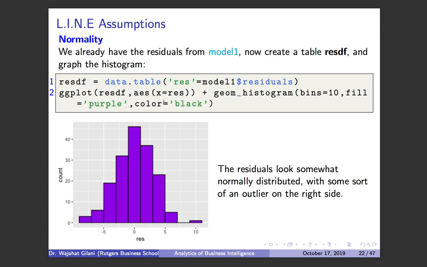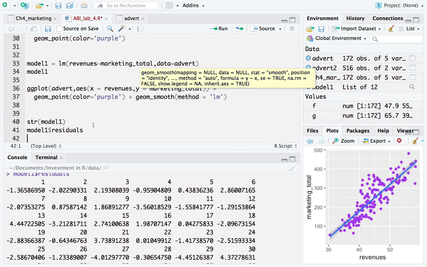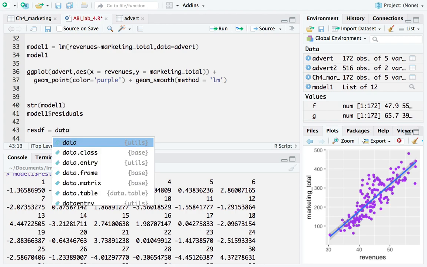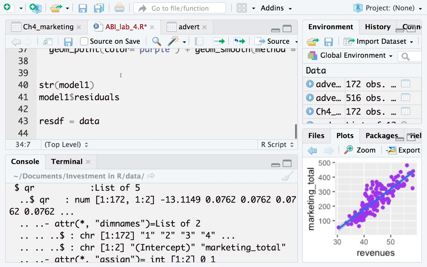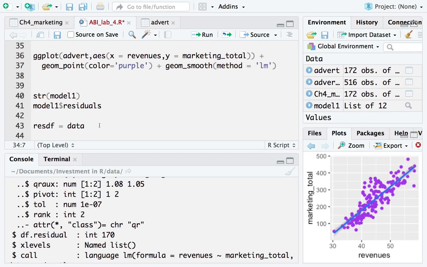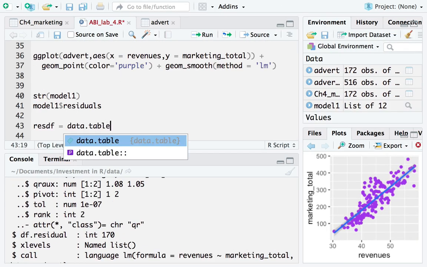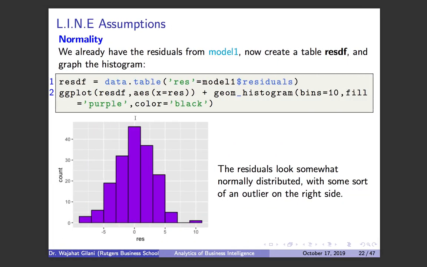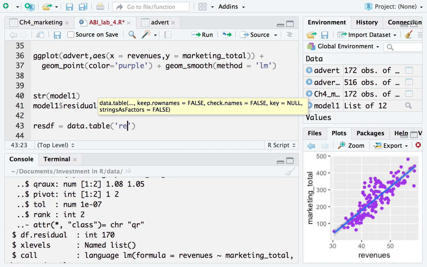First thing I'm going to do is create a data table. In my slides, I call it restdf. So restdf equals data table. Now let me make it bigger so you guys can see it. Sorry, that's too big. All right, just right. Data table. And I'll give it a column name. In my slides, I gave a name. Okay, RES. RES equals model 1